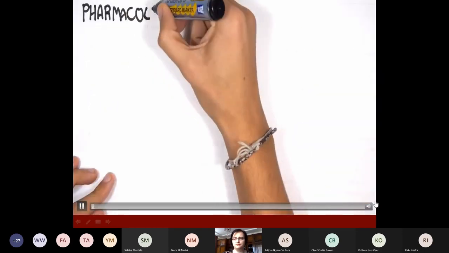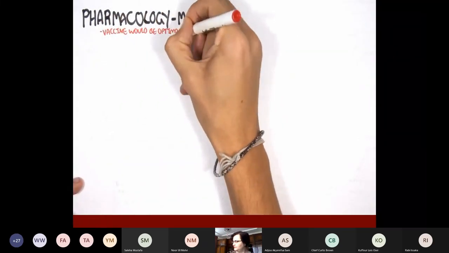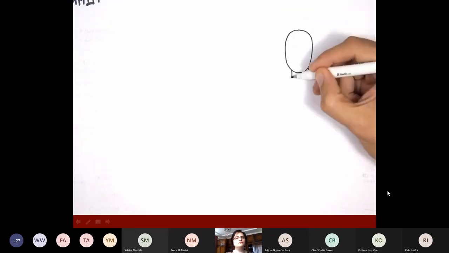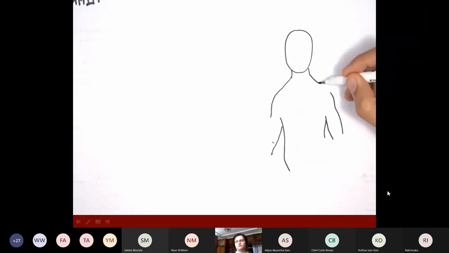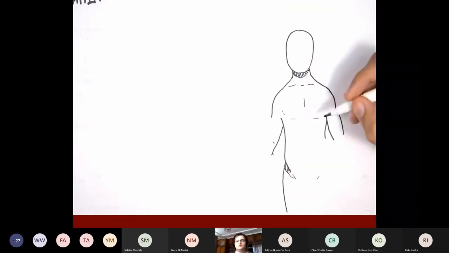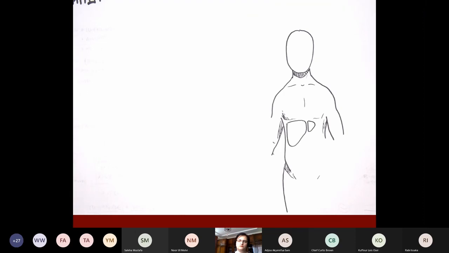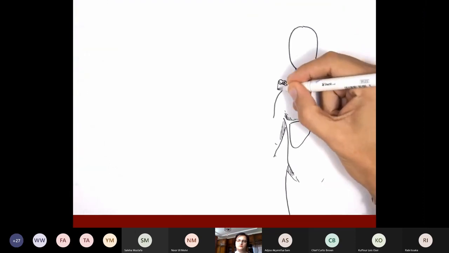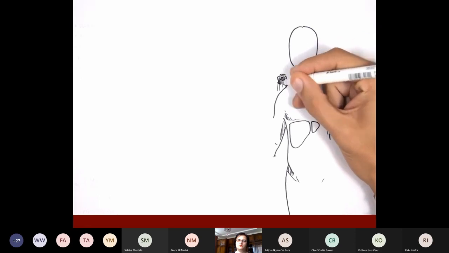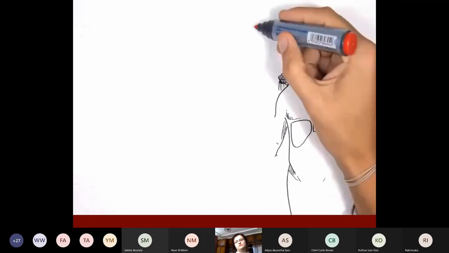Treatment of malaria, basically the pharmacology. Of course, a vaccine would be optimal to prevent people from getting malaria, but developing a vaccine has a lot of difficulties, cost, and I guess the different strains of the Plasmodium species, and the ever-evolving mutations in the genetic material also play a role. So before getting into the treatment of malaria, let us recap the life cycle, because treatment targets different stages of the parasite's life cycle.